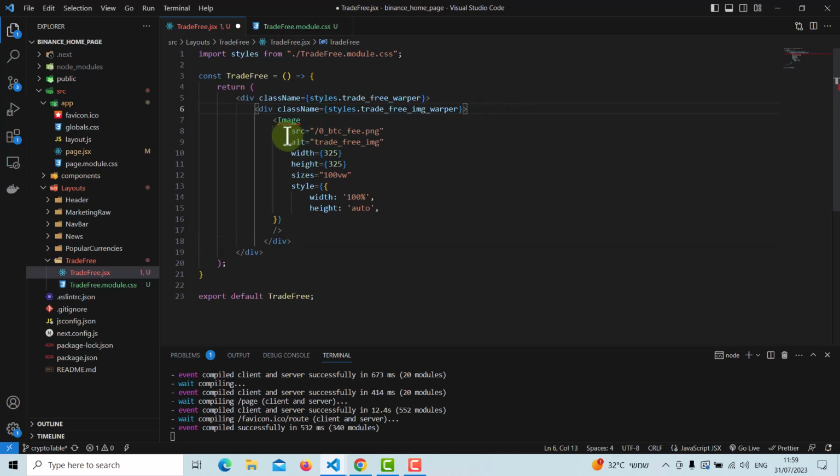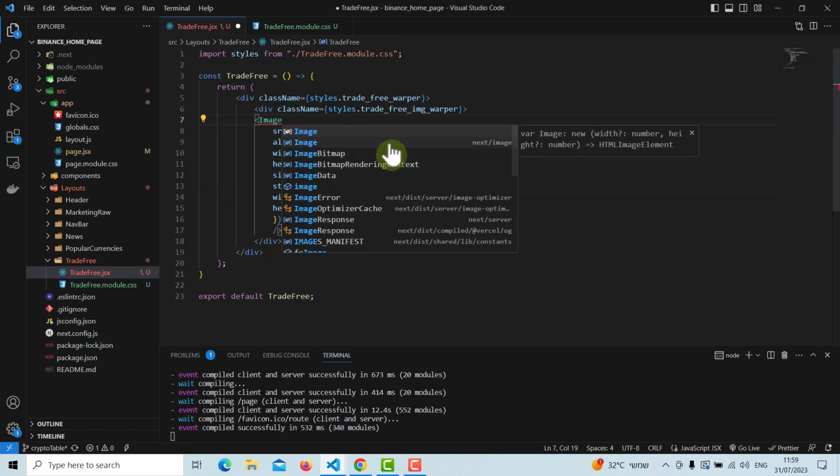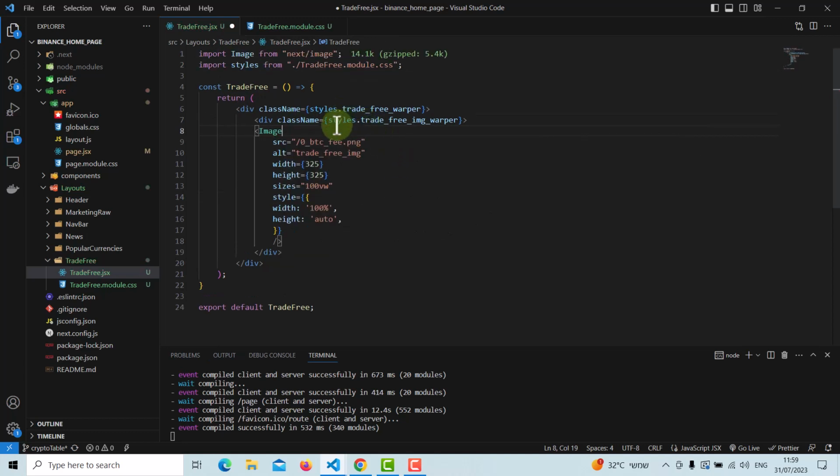I just copy, I prepared it before. So I copy here, and inside we pasted an image. We need to import the image because we see the red line of an error. So I organize it a little bit. I delete the E, and then I get an option for the image. Alright, so we import the image and